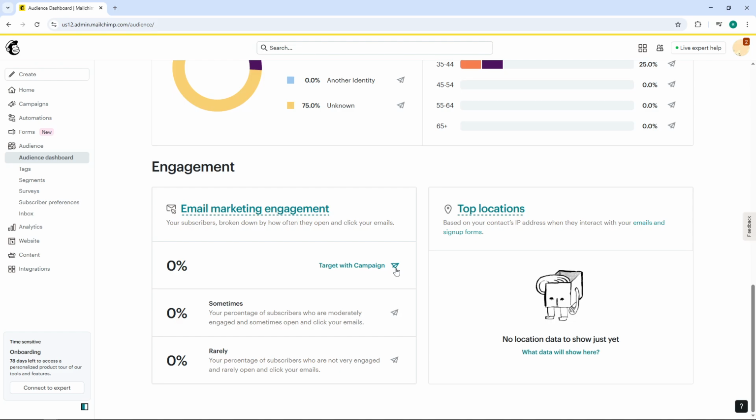And there you have it. You now know how to access and use geolocation information from your Mailchimp audience to create more targeted and effective email